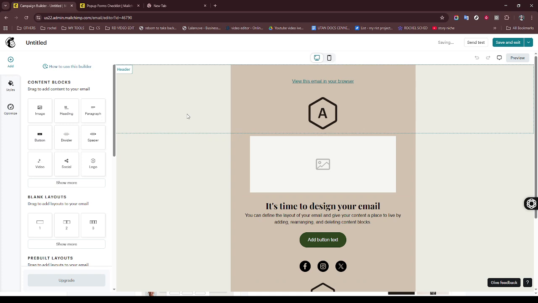Before sending, take a moment to preview and test your email. Most platforms offer tools to see how your campaign